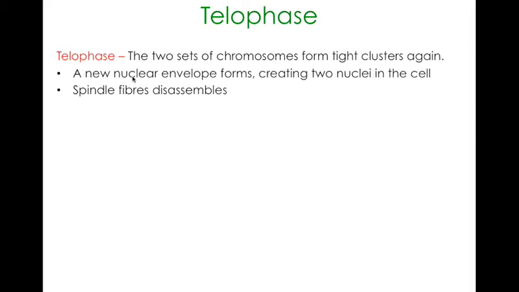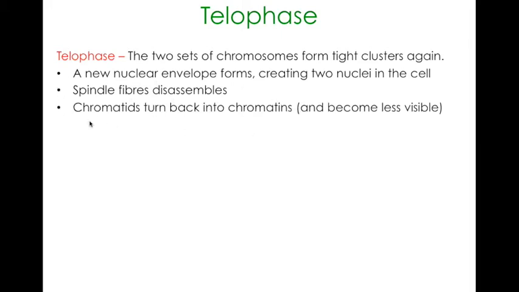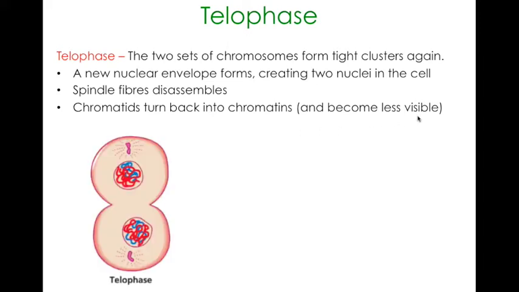The spindle fibers have done their job, and so they disassemble and begin to disappear back into the centriole. The chromatids will then uncoil back into chromatins, and because they uncoil, they become less visible, and so the cell now has two nuclei on each side, or on each pole, of the cell. The centriole has shortened the spindle fibers, and the nuclear envelope has reformed around each